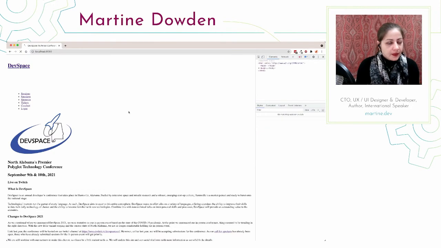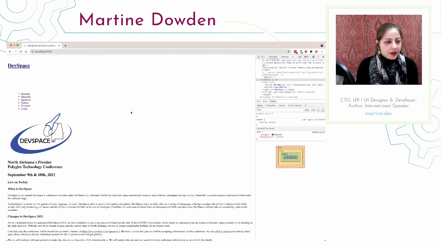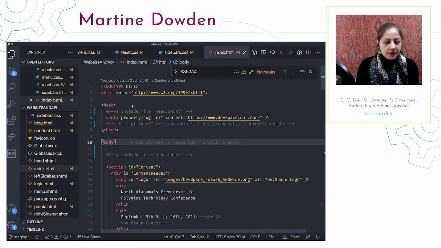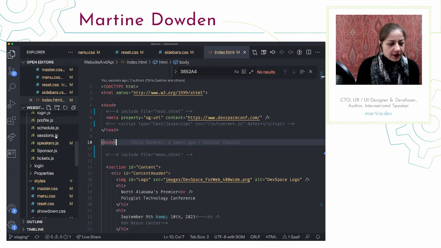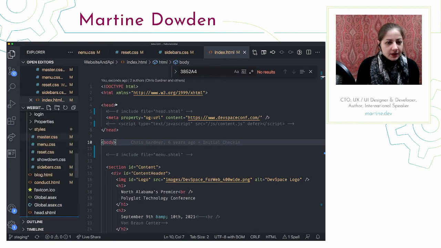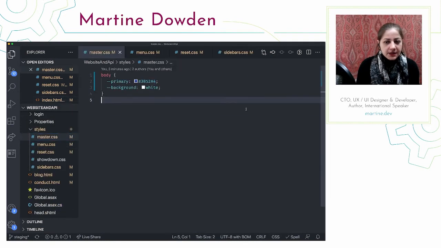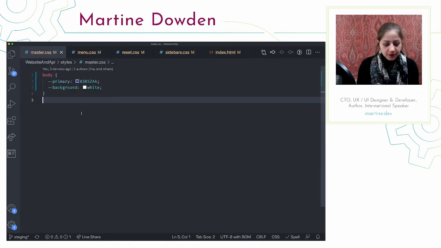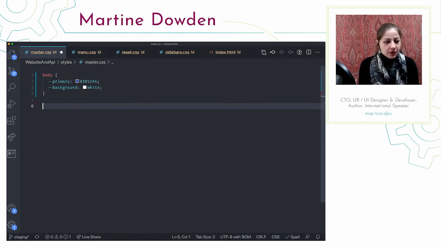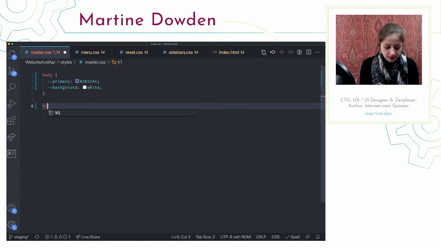Okay, so let's start when we're reconstructing our theme. We're going to keep this main CSS file over here, and let's go ahead and start writing some base styles for this. I'm going to close this up to give us a little bit more room. So one of the places I always start is with my headers. So we're going to go ahead and say my H1s, H2s, H3s. Probably good enough.